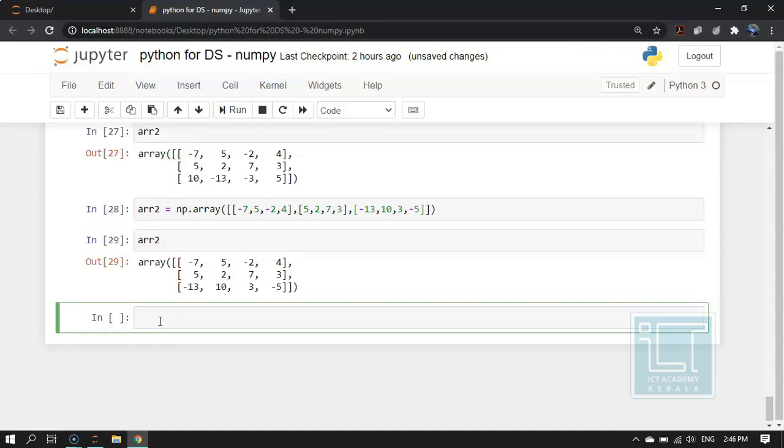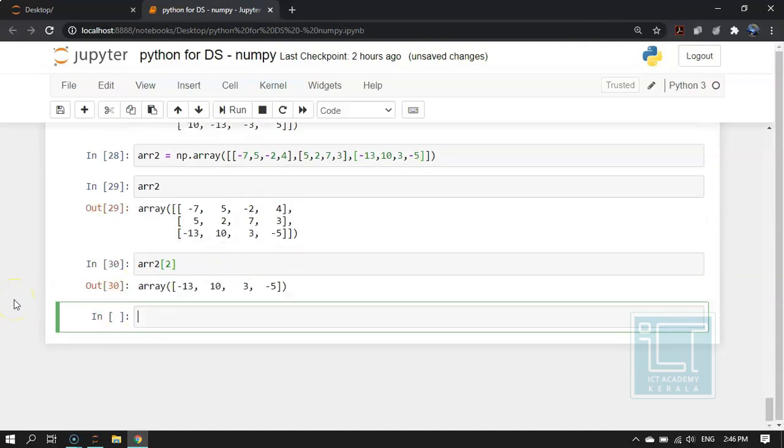Now let us see what happens when we try to take out the values in a similar fashion to what we have done just before. So I am taking out the second index value and let's see what happens. It takes out an entire row instead of a value. This is because in the previous case the shape of the array was different and it is again different in this case. Here we have rows and columns. It took out the third row, or the row with the index value 2, from the array. By default, Python will take it in the rows direction.